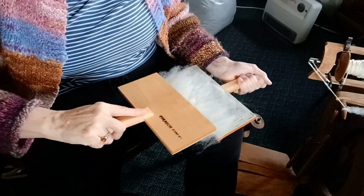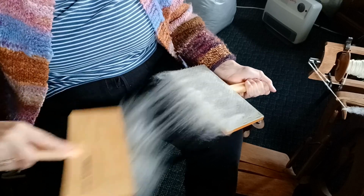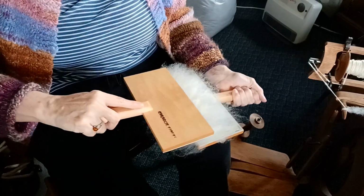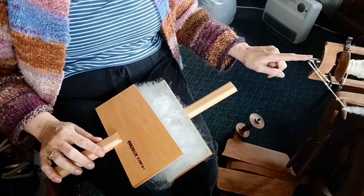I've been thinking about getting a drum carder. They're very expensive. I've been thinking about getting an e-spinner. And that is an idea. What I really need though, you can see this over here. This is the orifice on my